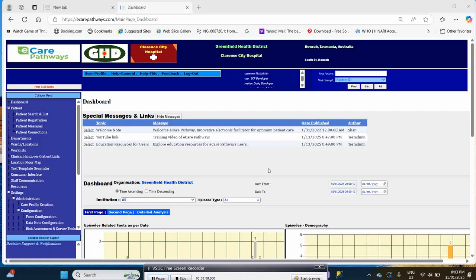Overview of eCare pathways. This is the landing page or the dashboard of eCare pathways, and you can see in the upper two bars,